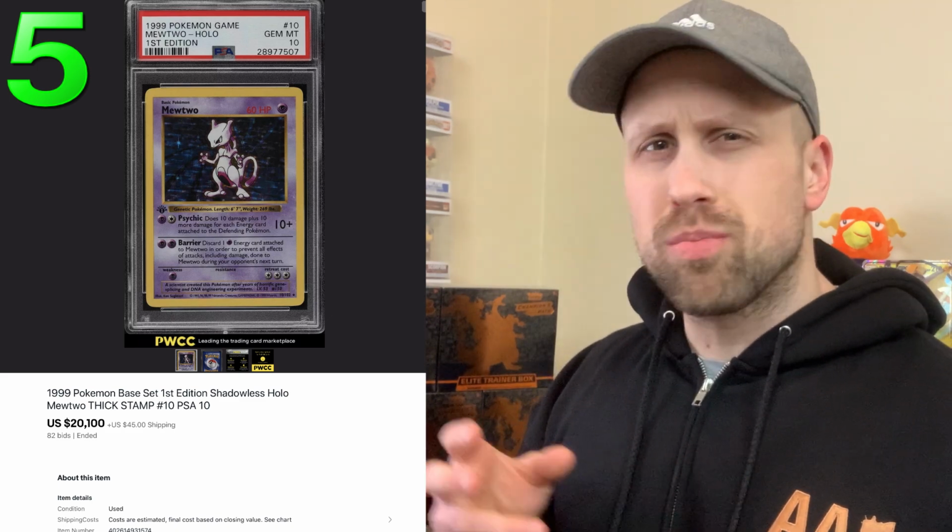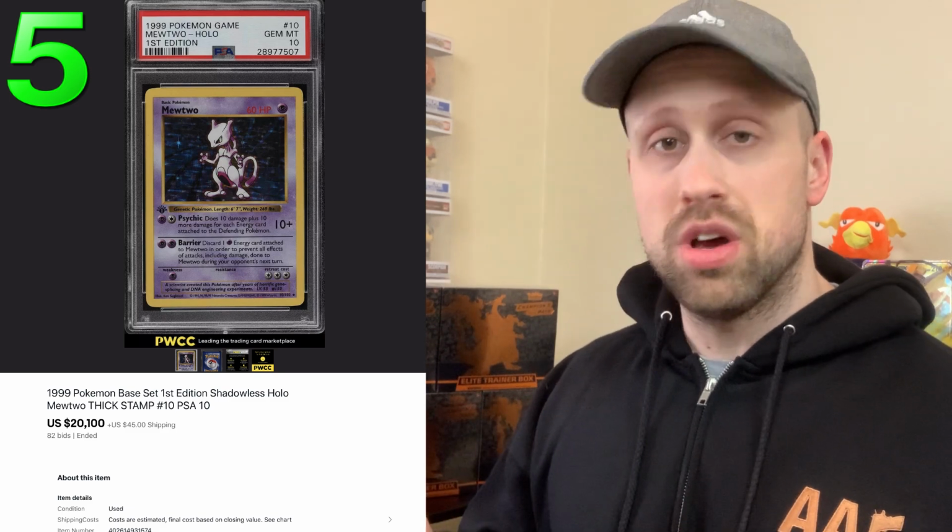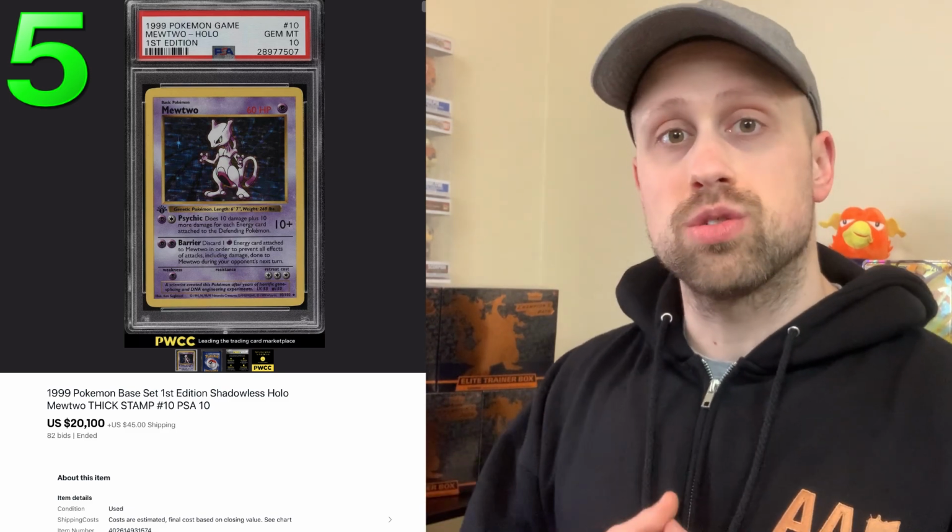Mewtwo, Charizard, Blastoise, these are all very fan favorite cards, so it makes sense to see this Mewtwo hit over $20,000 as a price point. The number 4 most expensive card comes in the form of one of the big 3, and that is the Venusaur PSA 10 First Edition that went most recently for